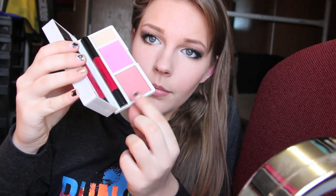Here we go. Whoa! Look at that. So fun. Okay, I don't know why I do blush last, but I do. I like to use, for my skin tone, more rose colored or almost more neutral colored blushes. This is an Urban Decay palette that I got that comes with a blush in it. I really like to use this bottom color right here,